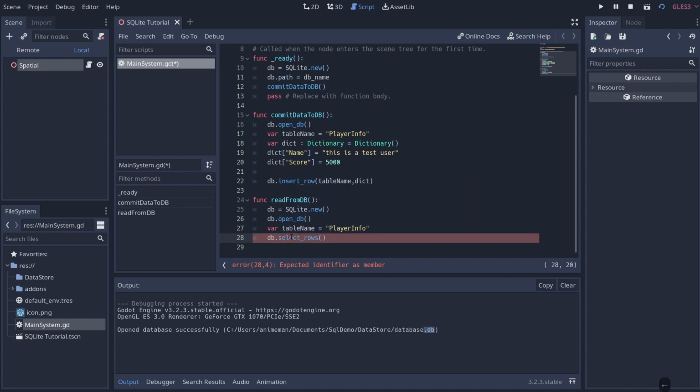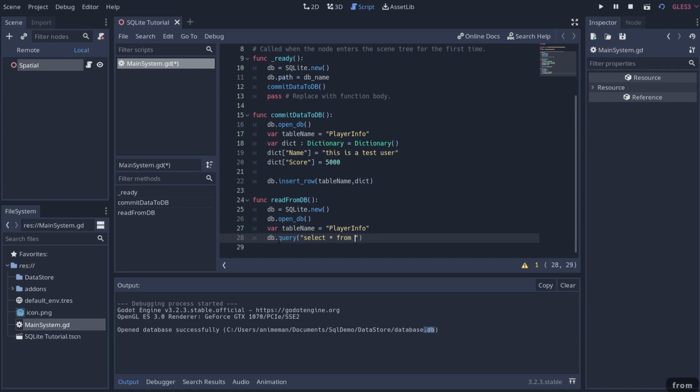db.select rows. And you can actually use this to select your rows. Now, I'm not going to do it this way. I prefer doing run query instead, or just query, because querying allows me to write my query statement, and as somebody that's used SQL for a long time, writing my own query statements is just better for me. So query quote